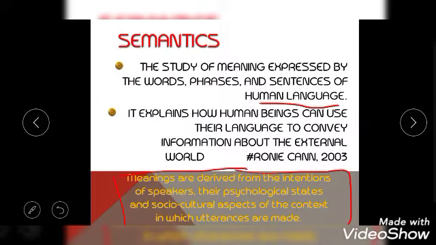I somehow a little disagree with this quotation, with this theory, because it is closely related to the study of pragmatics. There are so many opinions on whether semantics and pragmatics are similar, but I still believe that both of them are different, but yes, sure, they are closely related.